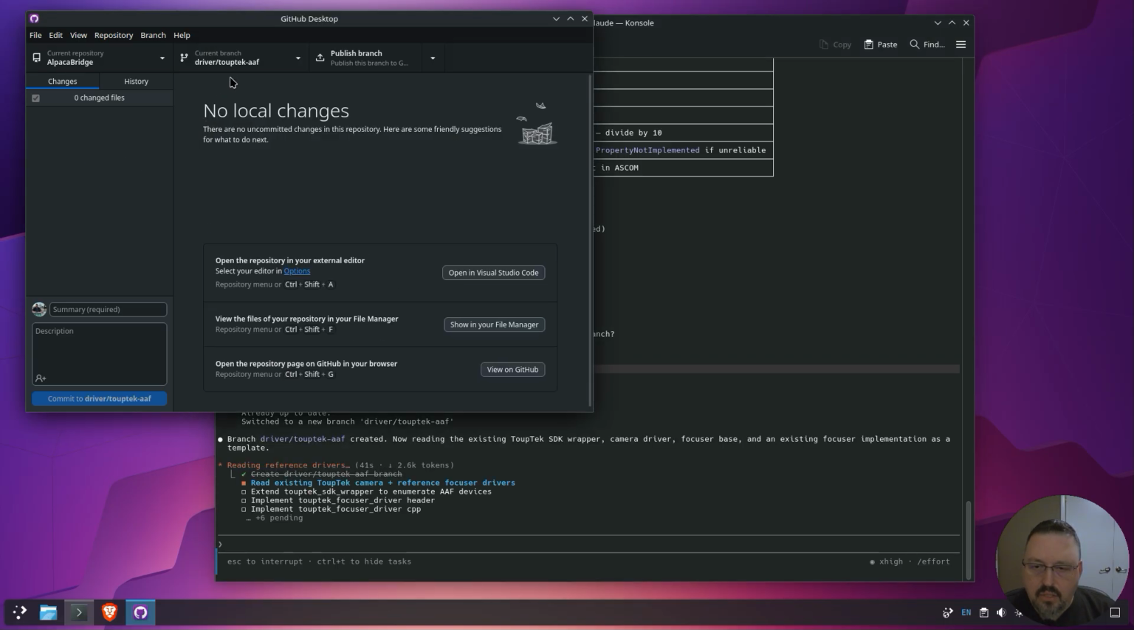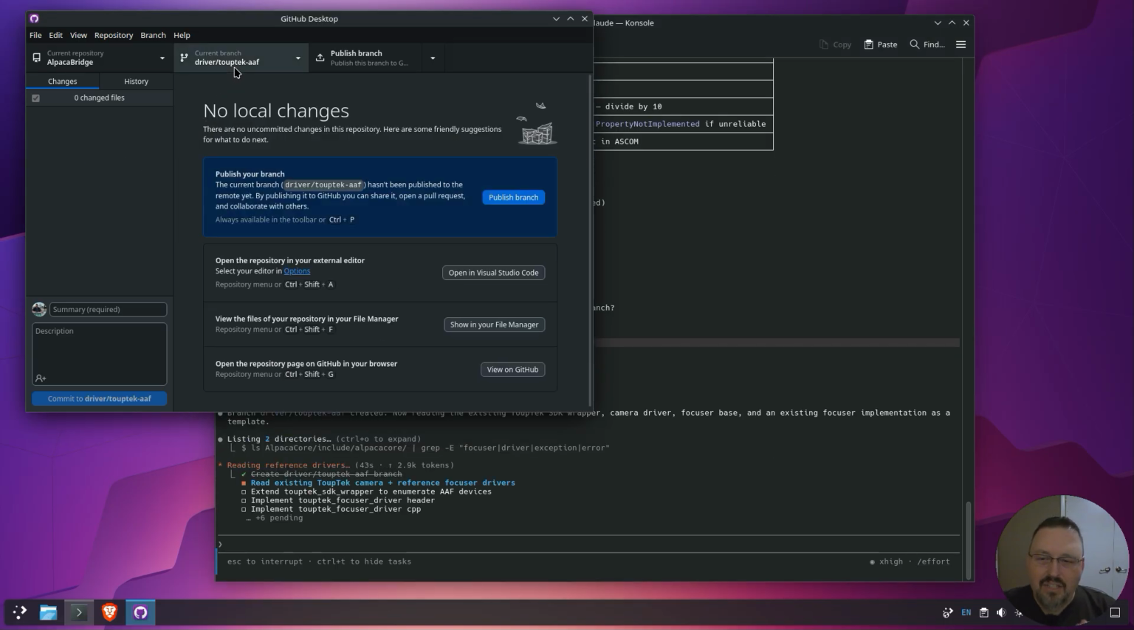So it created the branch. If we come in here, it automatically created the branch. So the branch just popped up. It's basically going to start building out all the files based on the camera for the reference, and then